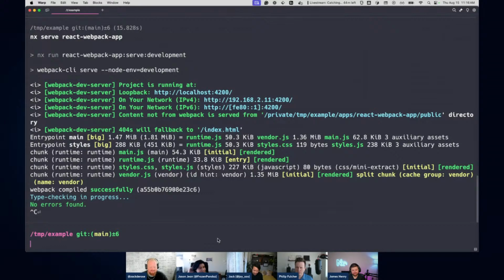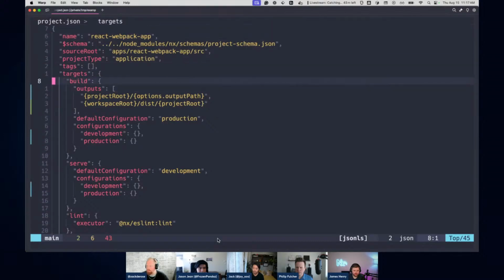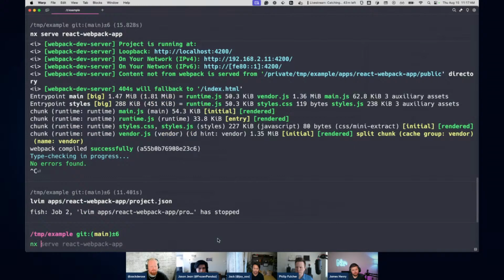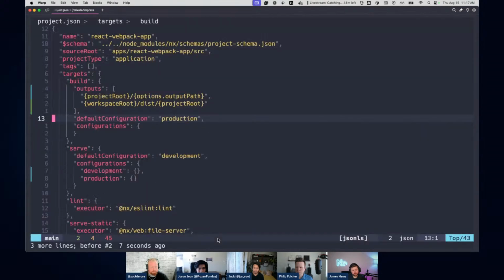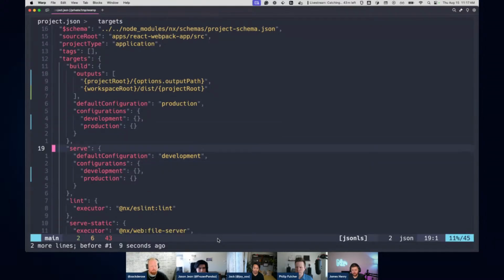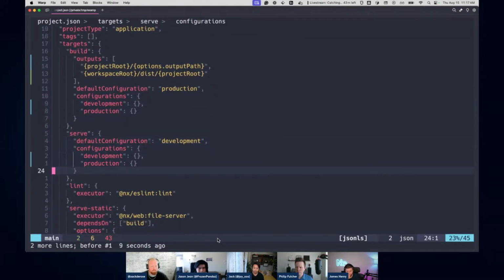So let's take a look at the config here. The project JSON. So you notice it got drastically reduced. All the executors and all the options are gone. You can technically remove these, I think, if you don't need them. The only thing is if you used to run prod, for example, without these flags or without these configurations, the flag won't work. So we kept them in there, just so we don't break people's workspaces. But if you notice you don't need them, you can delete them. Serve, for example, if I don't need the configuration, I can just delete the whole thing.